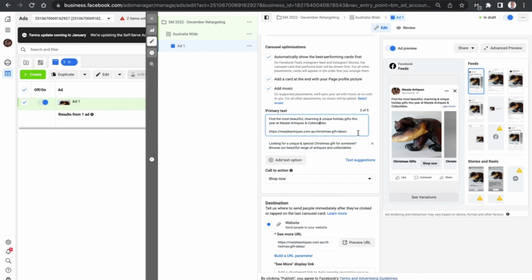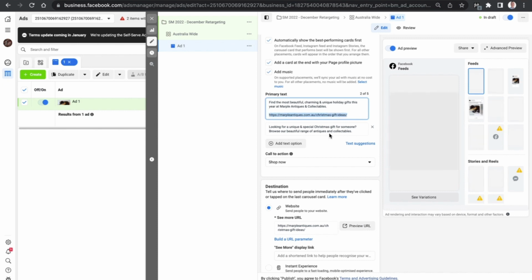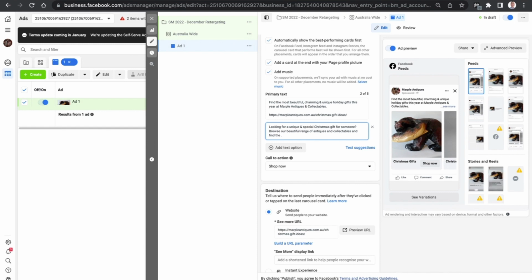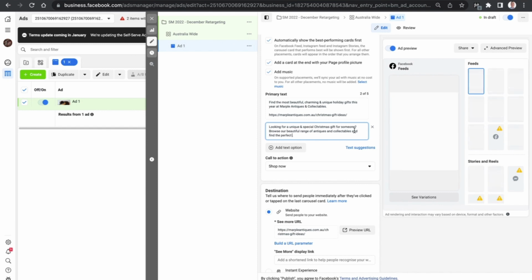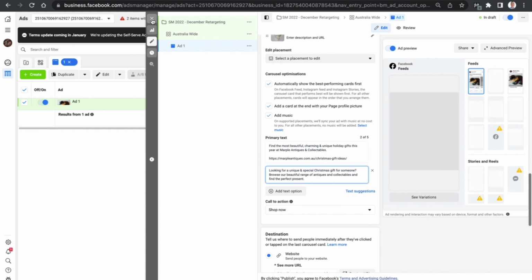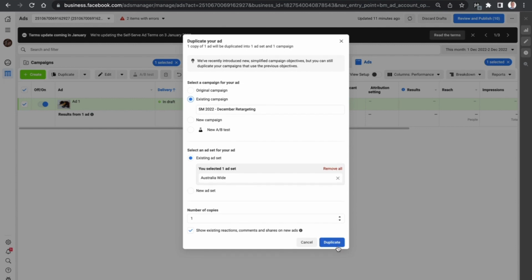Just a quick review of the ad copy. Happy with that. We're then going to take the URL out of the first one, copy it, and add a final little bit of text. And then once we've added that in, we're just going to wait a little bit more, because the next thing that's going to happen is we're going to exit out of it, and then we're going to create a duplicate